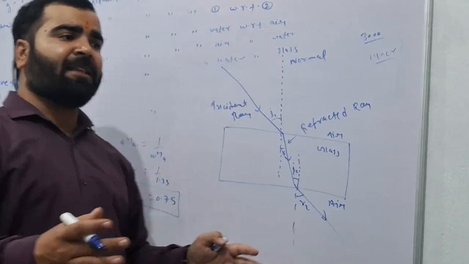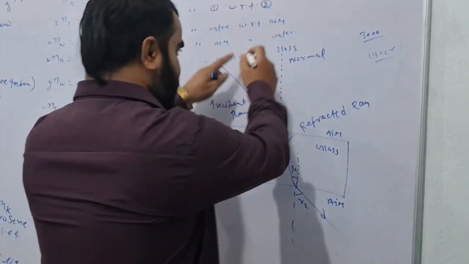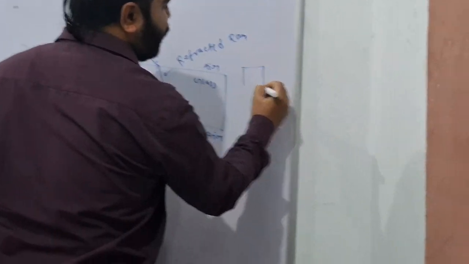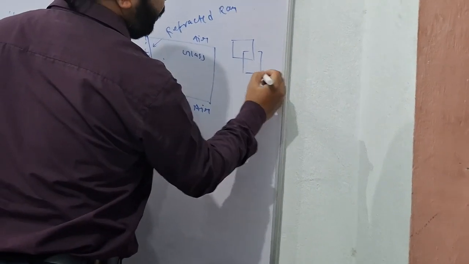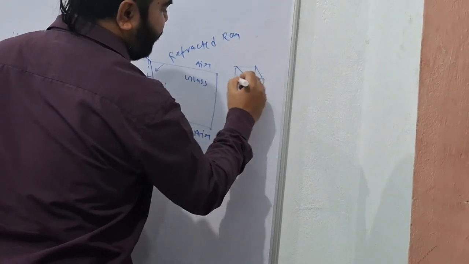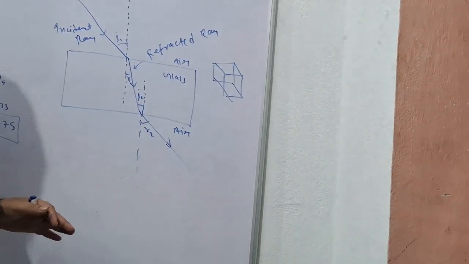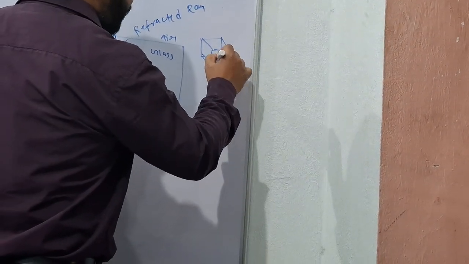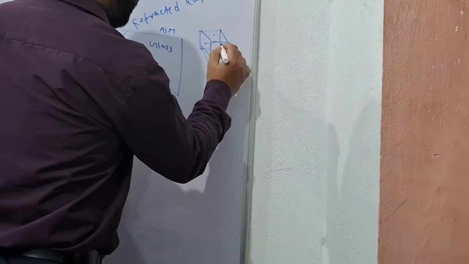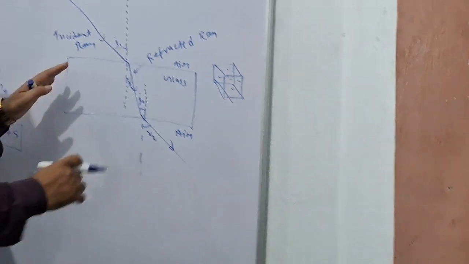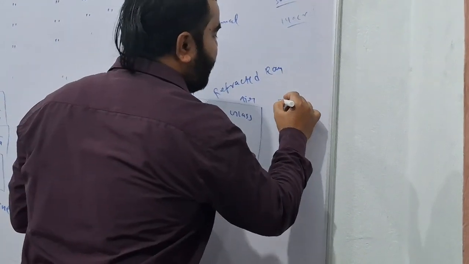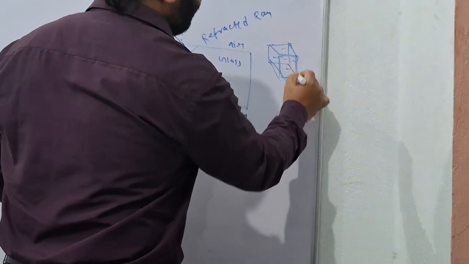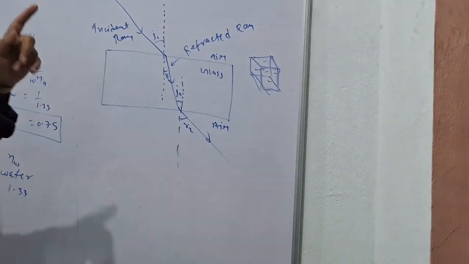But when we say all lie in the same plane, what does this mean? It means all are existing in 2D. Sir, how can you explain 2D? See here. How many faces are there? 6 faces. There is one more face here. You can see 6 faces here. But this will lie only in one plane. Any one of the planes you can take, XY plane you can take. So it will lie in one plane.